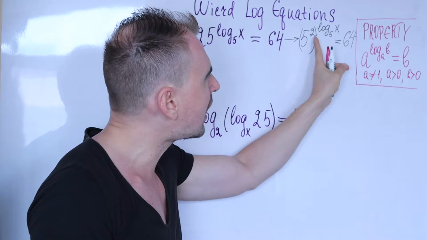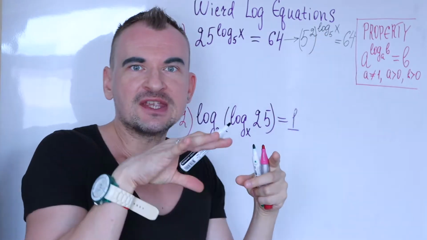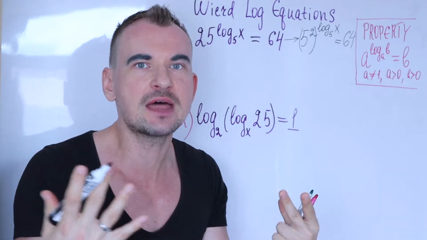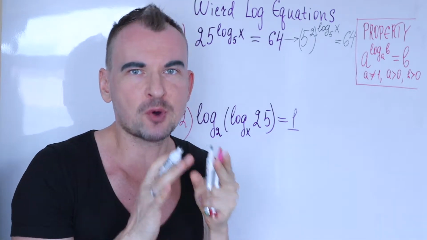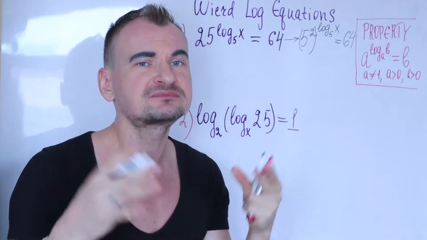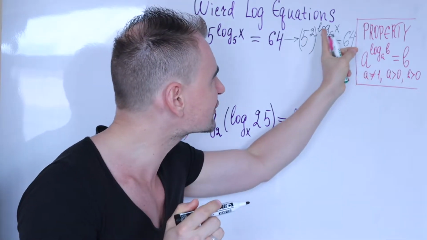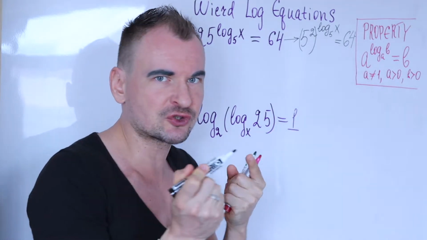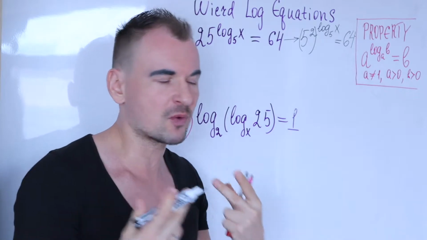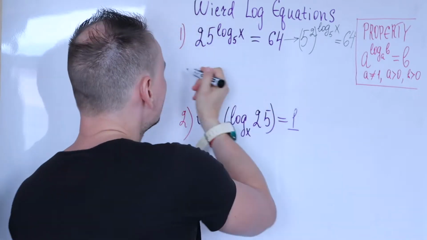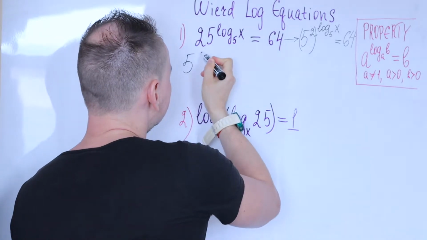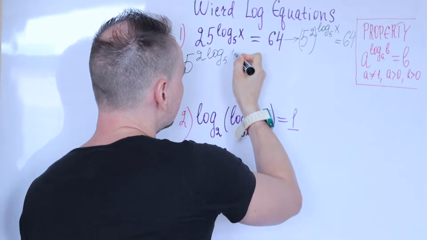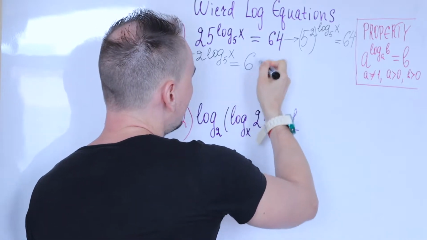Now, just keep simplifying and do algebra as much as you can. Since you have these two powers, so one thing gets raised to another power, you could use power properties. So these powers need to be multiplied out, by using the power-of-a-power property for indices. So it becomes 5 to the 2 times this log, equals 64,